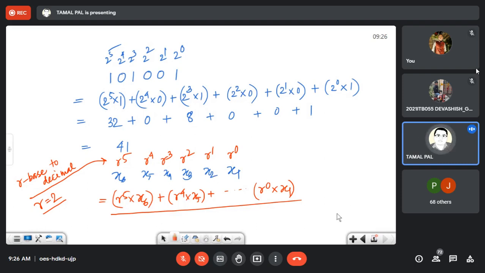So if I give you an octal number, a hexadecimal number, or a base 21 number, whatever, it's not a big issue. Somehow you can convert it into decimal. Okay. Now